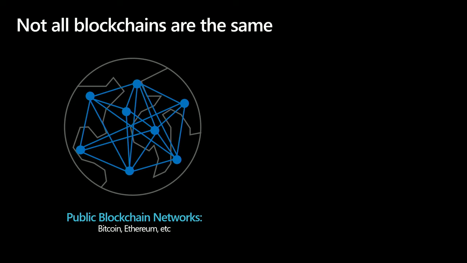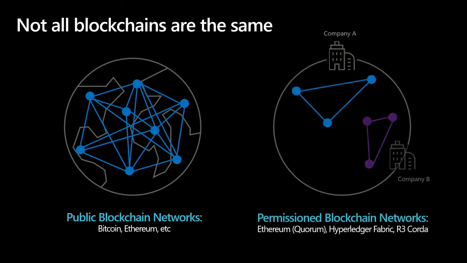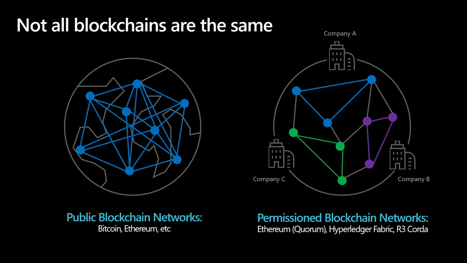And that's super powerful. And so what that has led to an emergence of are what are called permission blockchain networks, of which Ethereum is one of those. There's also Hyperledger Fabric, R3 Corda, and several others as well that exist. And so what enterprises saw is that the fact that they can encode logic, business logic, on a blockchain network is very powerful. But then they also had the need for privacy.